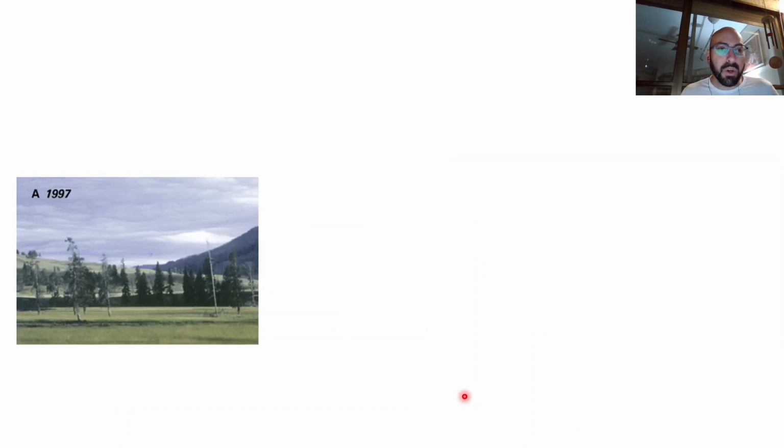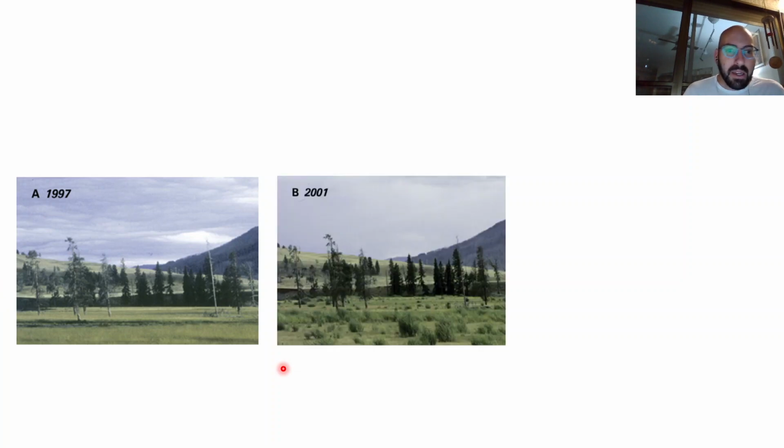So did it actually work? This is 2 years after the reintroduction of the wolves. You will see that over here there is a river. It's pretty straight in its flow, and the vegetation is pretty boring, right? It's all the same grass, a few of the same trees, but there's not much diversity of plants. The exact same spot. Okay, you can see the river.